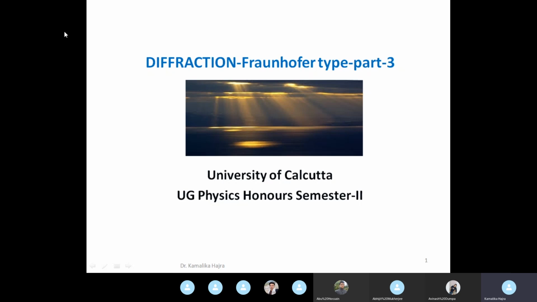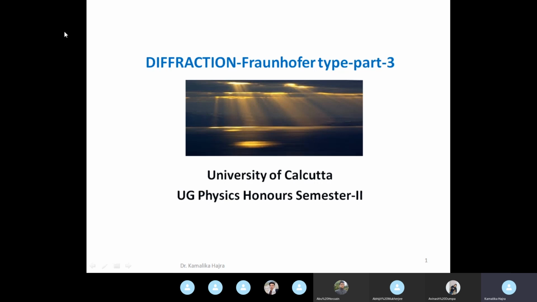And we saw that we get a curve of the form of sine square beta by beta, where beta is called the diffraction parameter. And then when we did double slit diffraction, we saw that it was a combination of single slit diffraction and double slit interference. So the governing pattern was of interference, and the diffraction pattern was there as an envelope modulating the interference pattern.